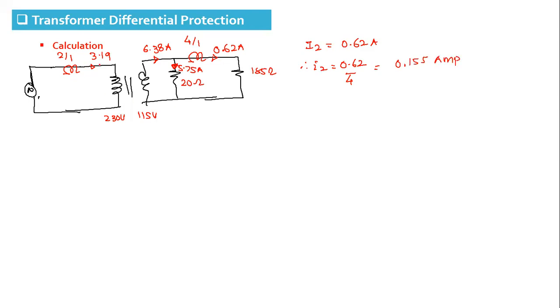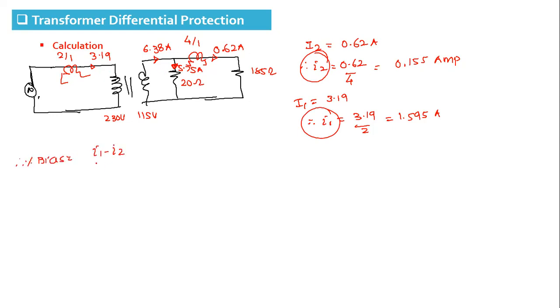The current through CT1 is 3.19, and therefore the primary current is 3.19 divided by 2, that is 1.595. Now you can see the currents from CT2 and CT1 are not going to be the same because there is an internal fault. So if we find the percentage bias,